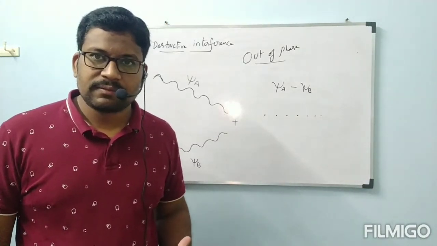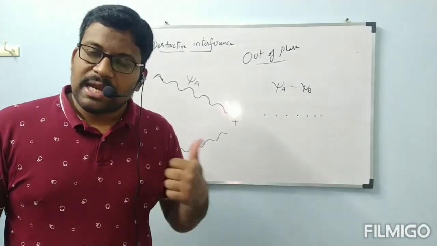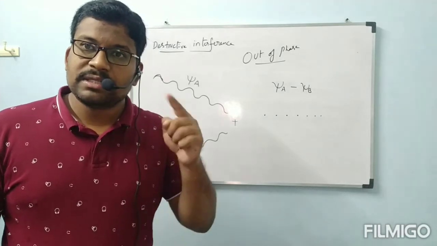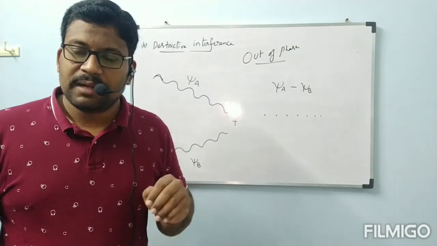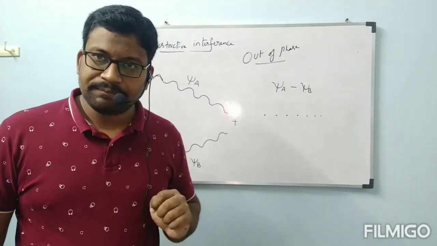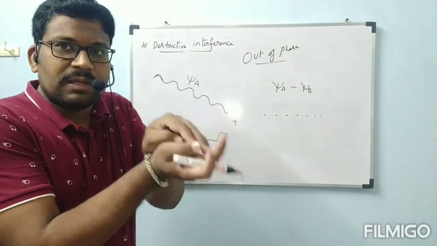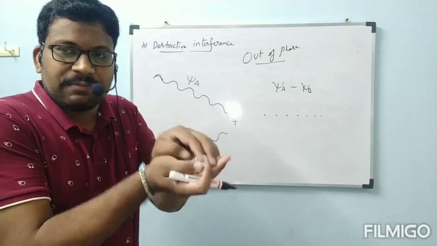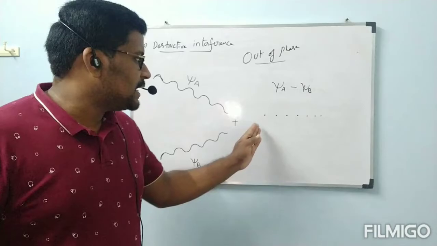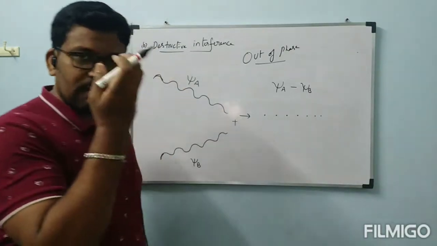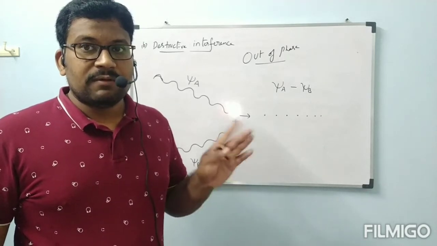Okay, I hope you are clear about this one. In the previous constructive interference we have seen crest and crest getting added, and trough also getting added. Then the amplitude is getting increased. The height of the crest as well as the depth of the trough will be increased. Because of that, a big wave is obtained. But coming to this destructive interference, the crest and trough are in exact positions. Then the resultant wave is getting cancelled. When the wave is cancelled, dots will show, no wave will be there. This type of process is called destructive interference. Electrons will be there, but the wave nature will be destroyed.